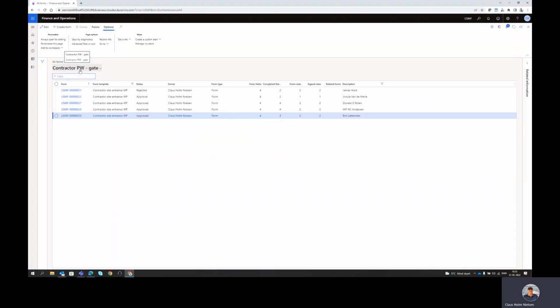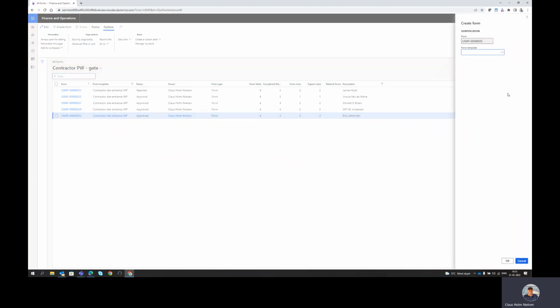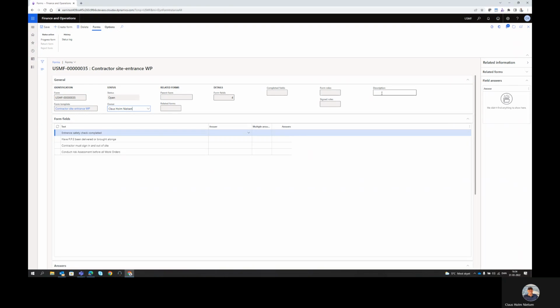So if Mary also is a contractor that needs to do some maintenance work, I will create an entrance work permit for Mary. Here, and then this form actually